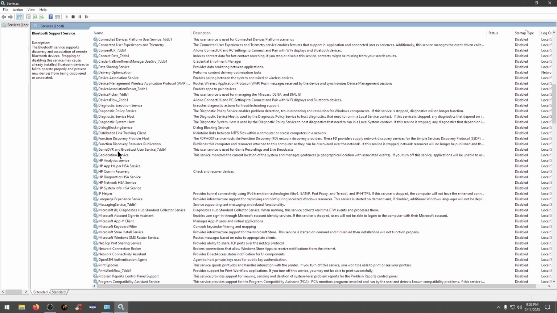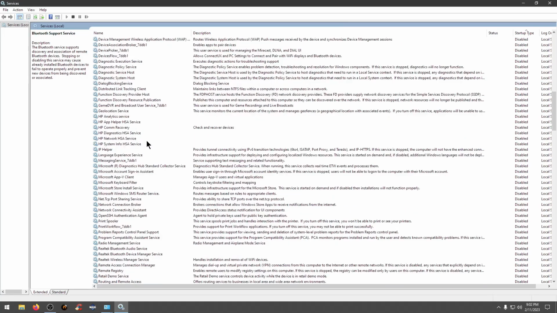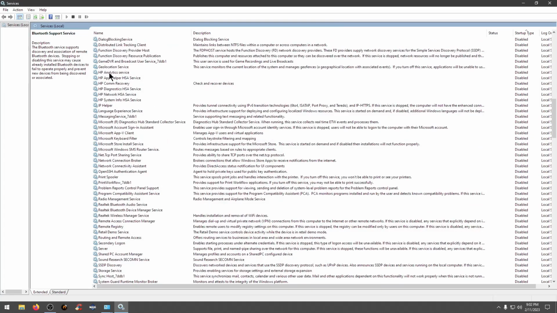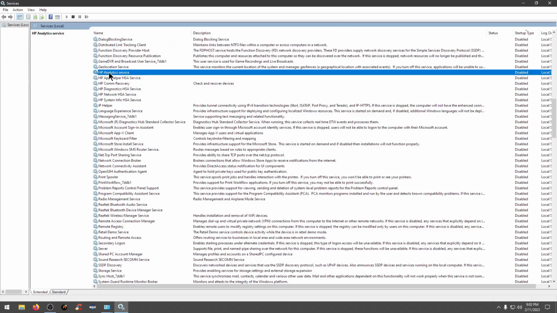Another good one to disable is the game DVR. If you don't do any recording from video capture when you're playing and things of that nature, you can turn that off. Another one I discovered, I don't know if this applies to every HP computer, but I came across